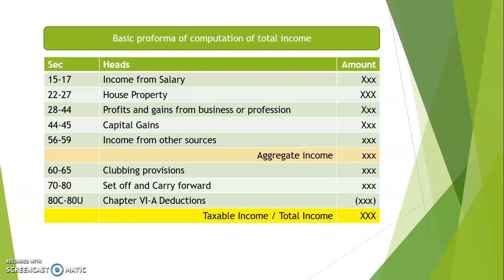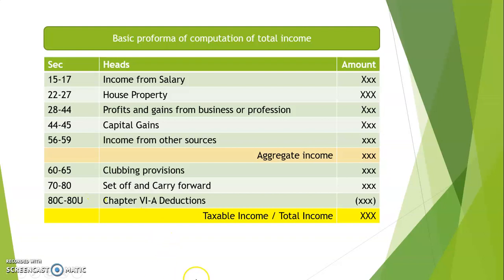Now party B is the owner of the asset, owner of the house property, and party B is the one who receives the rental income for that house property. Got it? So the rental income currently falls as received in hands of party B. But what clubbing provisions tell you is, take that rental income which falls in party B's hands and tax it with party A's total income. But then